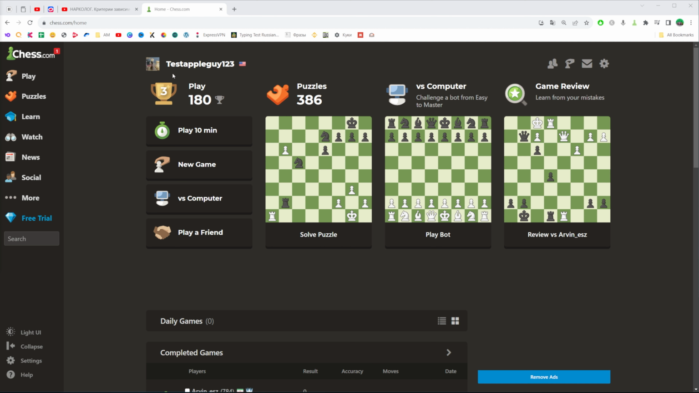Let's get started, and first off, open up a web browser and then go to chess.com. Make sure you are signed into your chess.com profile, and after that, basically all you have to do in order to play with a computer is just click right here at that button,